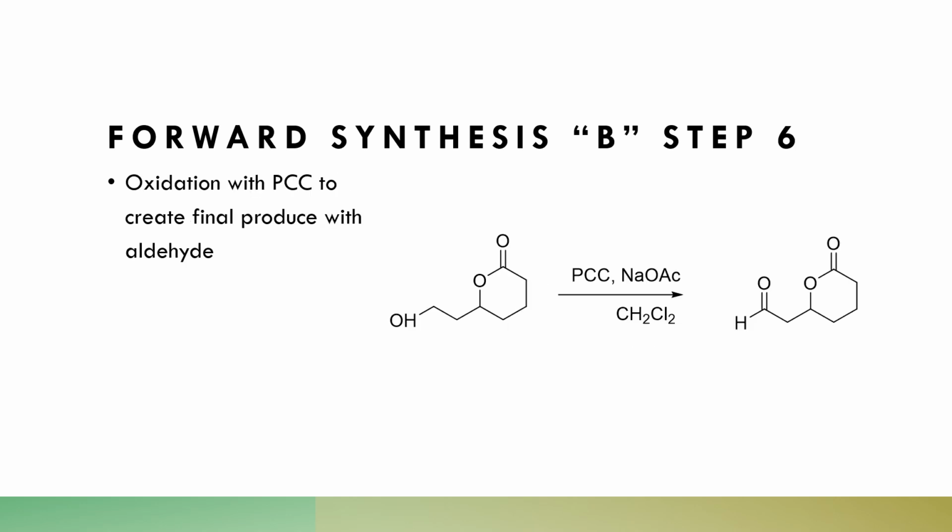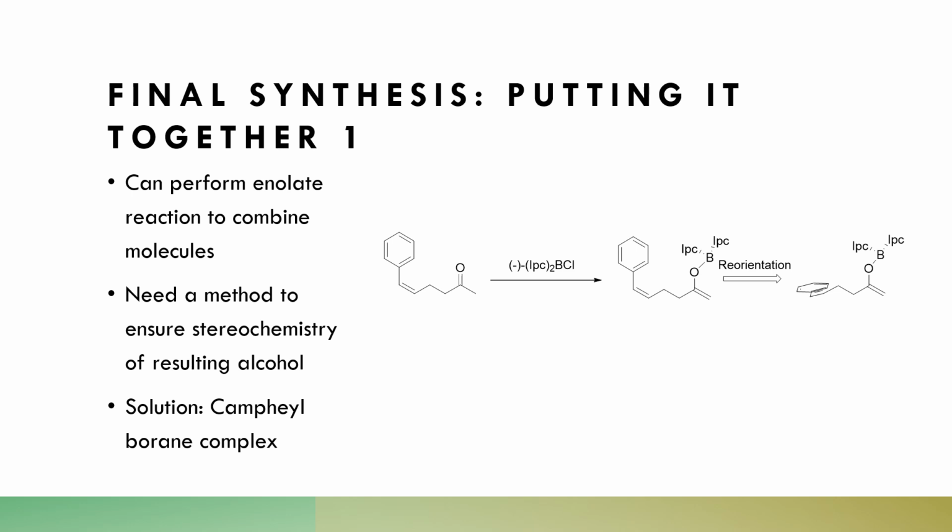This alcohol can now be oxidized using PCC to create the aldehyde product that you see here. This product is the molecule B, which we will need in the following reactions in order to create our final product. So after this oxidation, we finally have our second building block to move forward in the synthesis. Now that we have those two target molecules A and B synthesized, we can react those two together to work